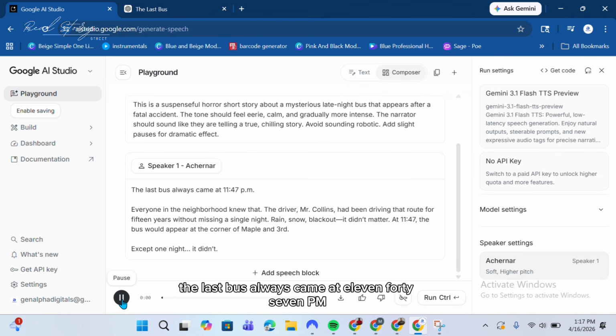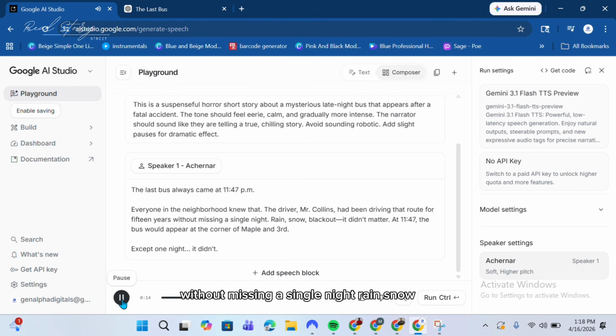The last bus always came at 11:47 p.m. Everyone in the neighborhood knew that. The driver, Mr. Collins, had been driving that route for 15 years without missing a single night. Rain, snow,